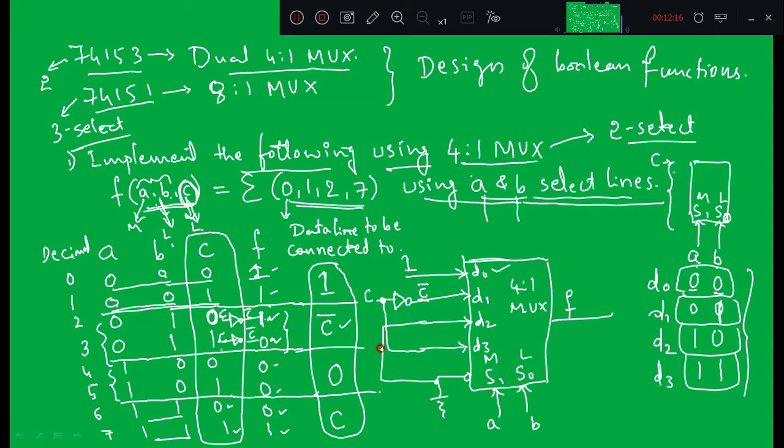So don't be mistaken that whenever two lines cross, that is a short, right? In my lecture I will not consider crossover lines as shorted. When I put a dot wherever it meets that line, then you can consider it as a short. Okay, now we will analyze this design.